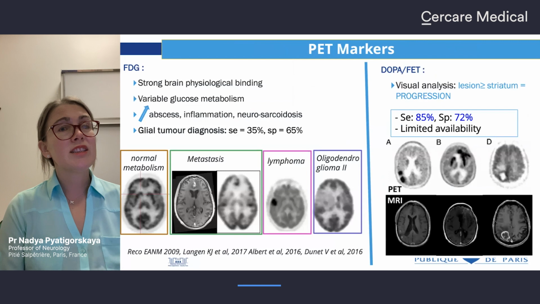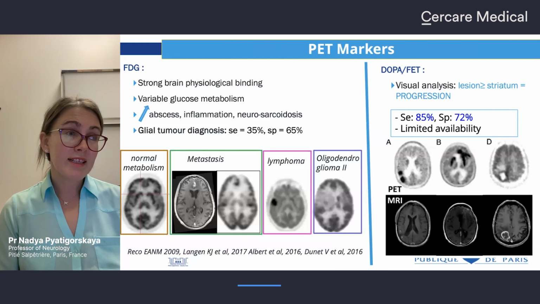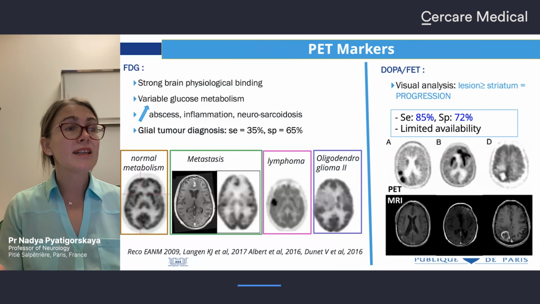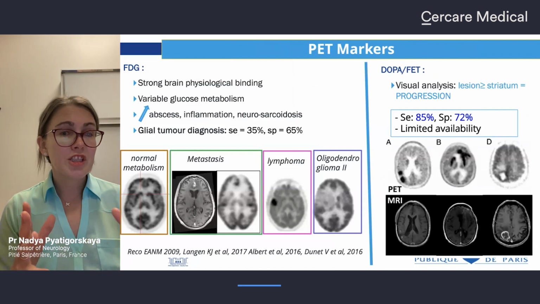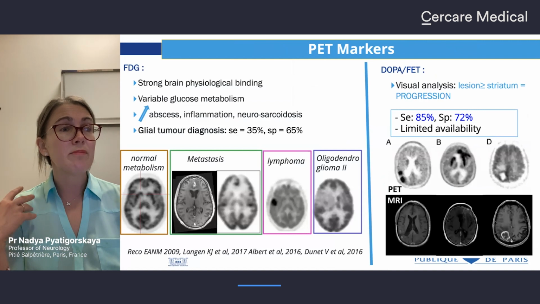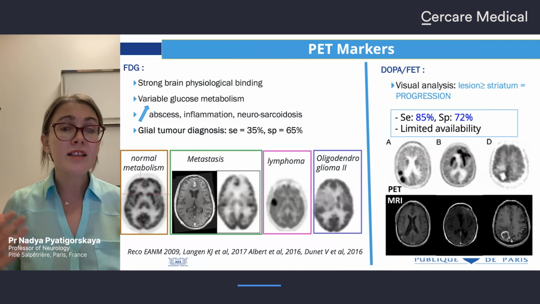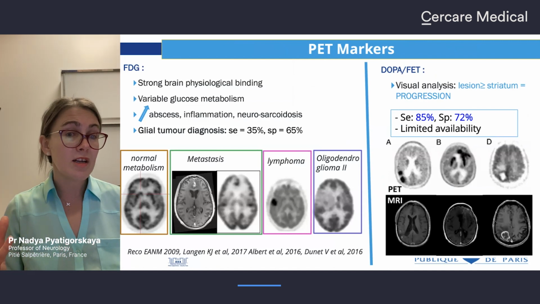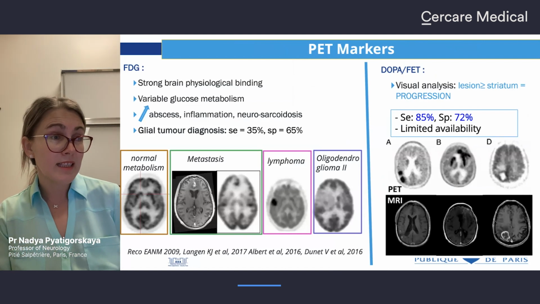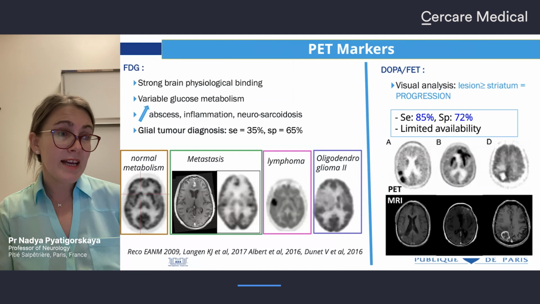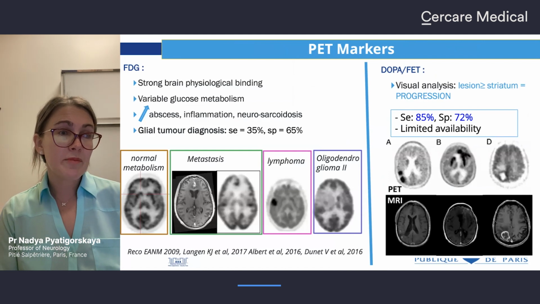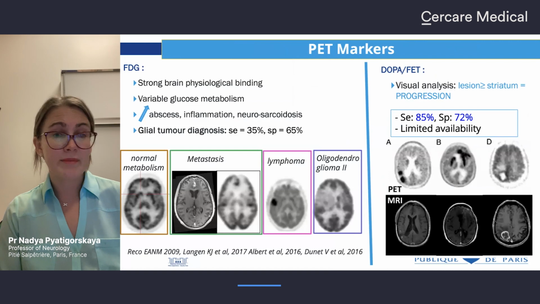So, in context of these difficulties, there were also PET markers that were proposed. The most used PET marker is FDG. FDG is highly available, but the problem is that there is strong brain physiological burden. And also the glucose metabolism is variable, and there are a lot of reasons why this metabolism can increase. It can increase in case of infection, inflammation, systematic disease, and finally the sensibility and specificity for glial tumor diagnosis